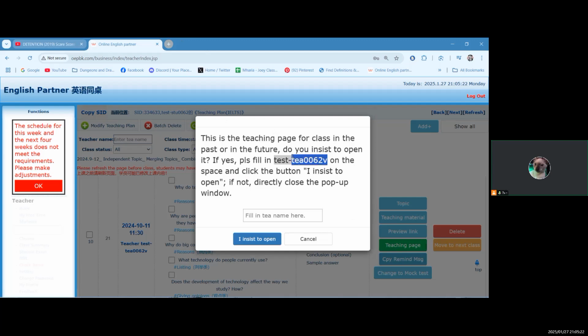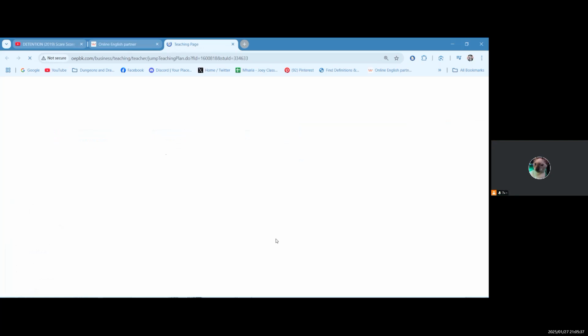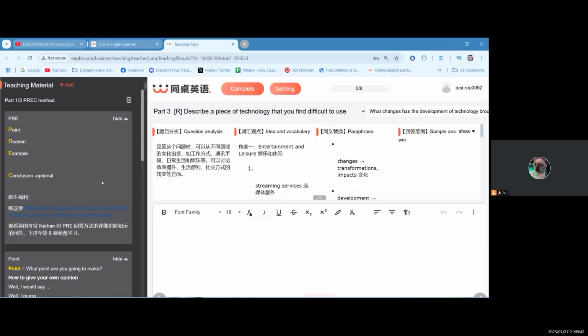Or if you're trying to access either your own previous lessons or lessons that you haven't conducted yet, you'll see this pop up. Copy paste your username in the box, click I insist to open. And this is what the teaching page looks like for